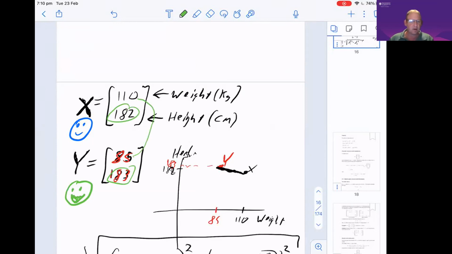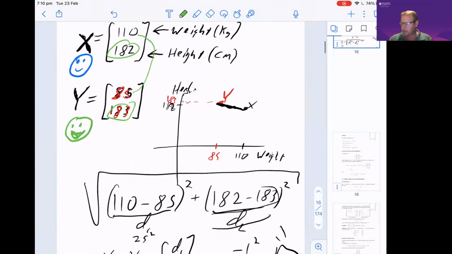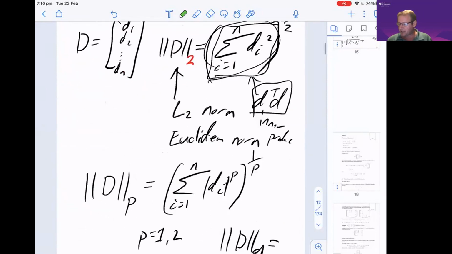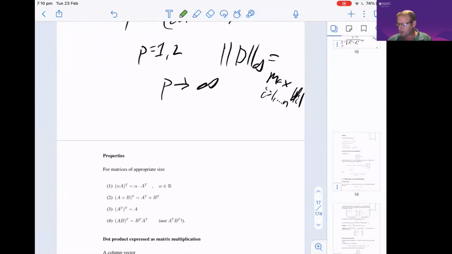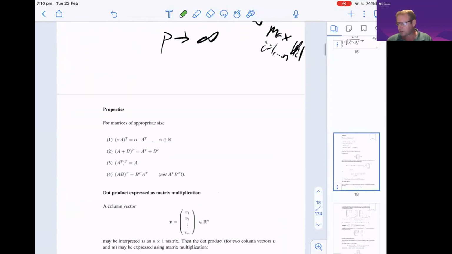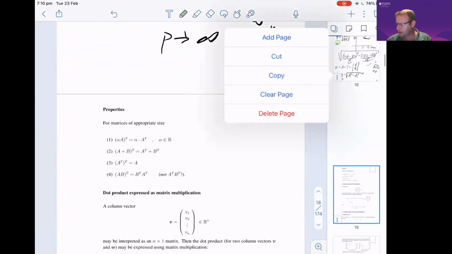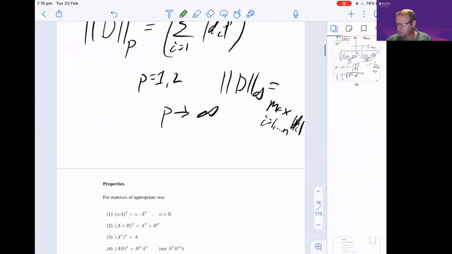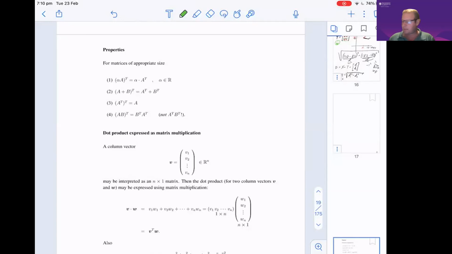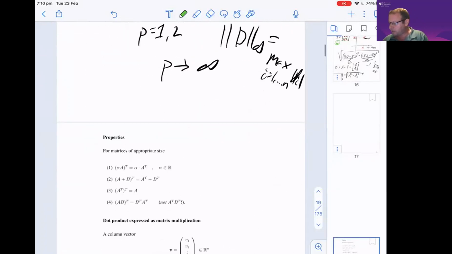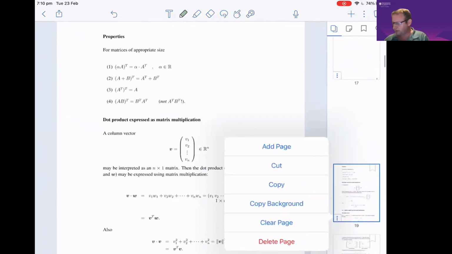Fine. Now, I want to speak about a data science application that requires nothing but thinking of norms. That data science application is k-means clustering. It's clustering in general, and k-means is an algorithm for that. Let me explain the use case. And this is a special case of unsupervised